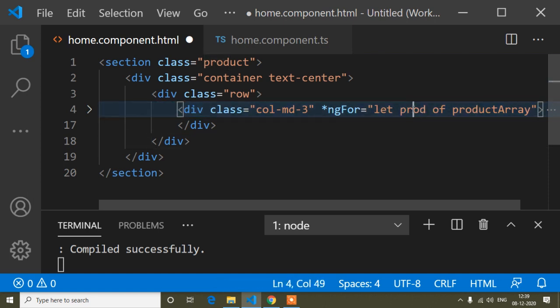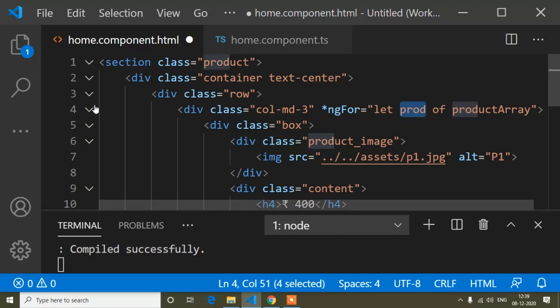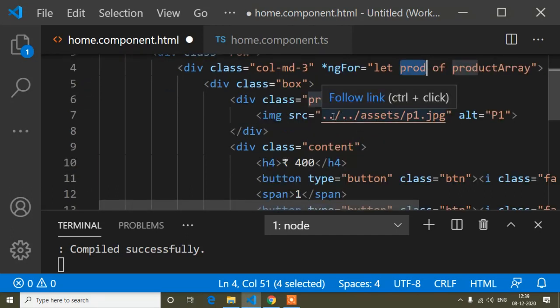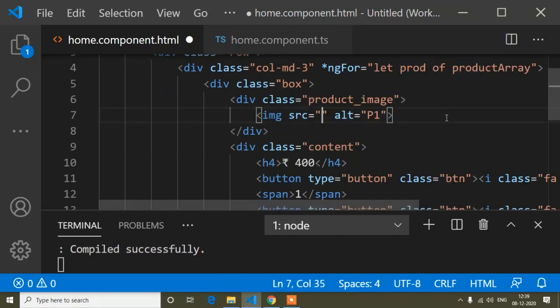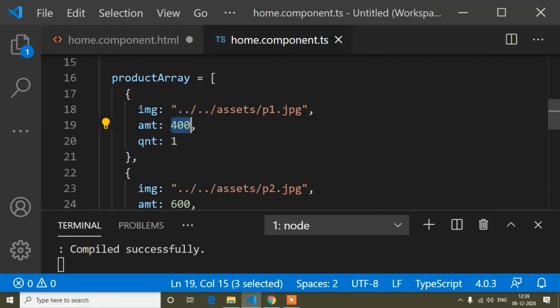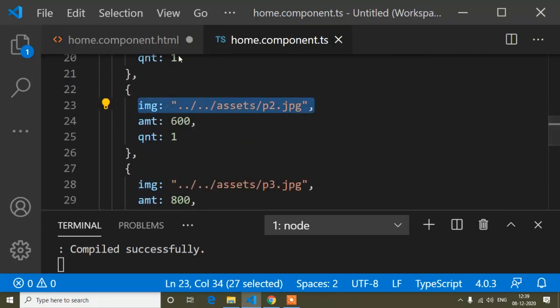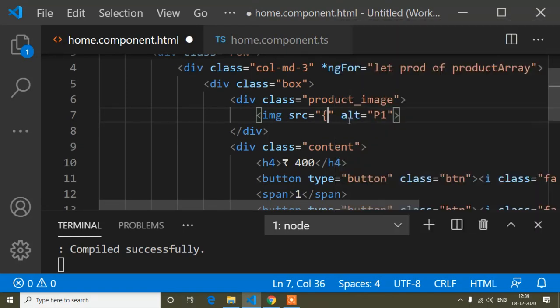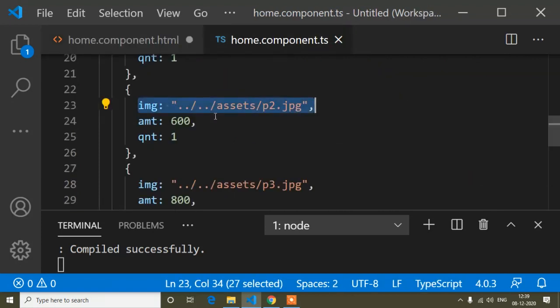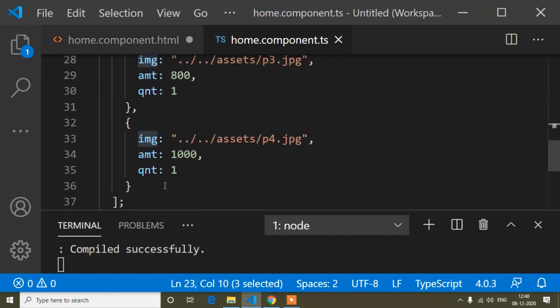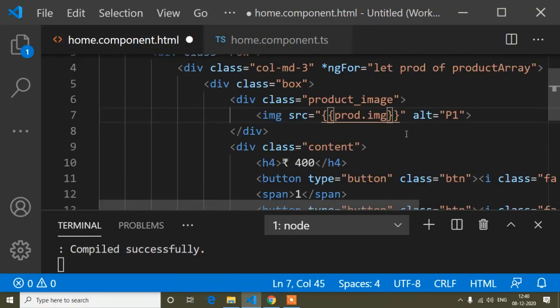Okay, so now all the values and properties of this product array I have stored in this product variable. So now I will copy this product variable, and instead of the static image, here we can bind the image that I have written in this array. So now curly braces for binding. This is the interpolation. Also guys, if you don't know interpolation, I have made a tutorial on this, so you can check it. And now dot and the image, the name of the property is img for image, you can see here. So I will write img.